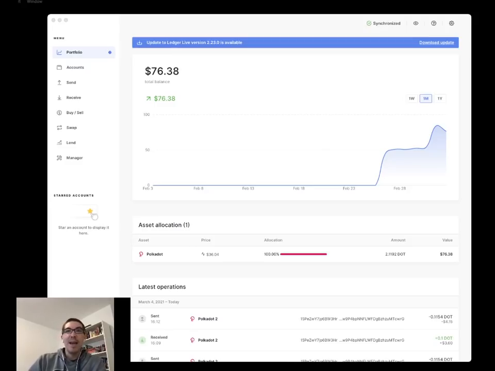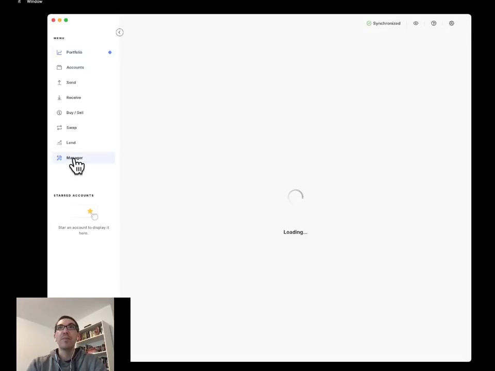And today I'm going to briefly show you how to use Ledger Live to store, send, receive, and stake your DOT. So when you first start Ledger Live, you will be in the Portfolio tab. You may or may not notice that you have accounts there, perhaps for other networks and perhaps for Polkadot if you've already used this. If you have not used this for Polkadot yet, you're going to want to go to the manager here and